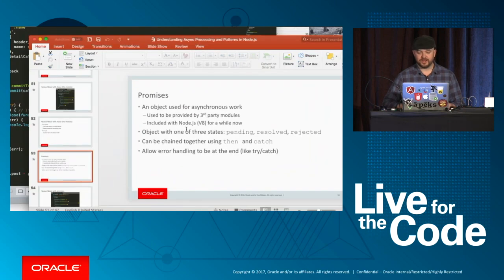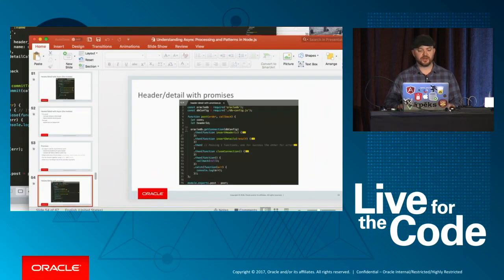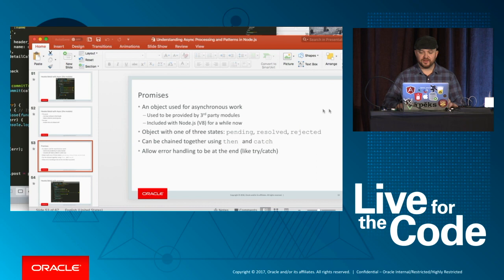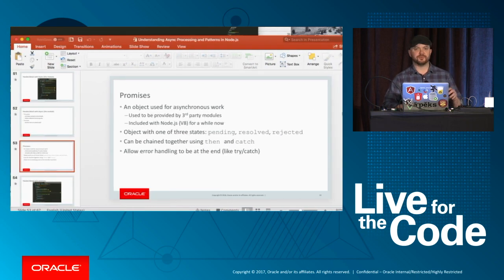All right, so the way promises work. Now, what we've seen thus far, callback functions are, of course, a part of JavaScript, and Node just has their own style for working with them. Async is its own module, but JavaScript started to advance. In fact, it was driven by the community, which started to create modules for abstractions on async work. Things like